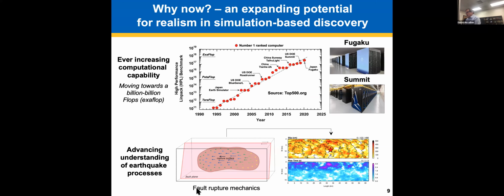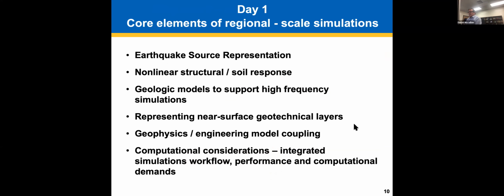Secondly, a lot of the research community is doing good work, and we hear about a lot of it in this workshop, really advancing the understanding of earthquake processes. For example, we're beginning to be able to quantify and characterize how a fault ruptures and the characteristics of the fault rupture. We have a whole session dedicated, the first session up, to fault rupture mechanics. So we're making big strides both computationally and in terms of understanding the phenomenology. And that is really enabling, in my view and in the committee's view, the ability to do these types of calculations. So let me just speak briefly to how we've laid things out.